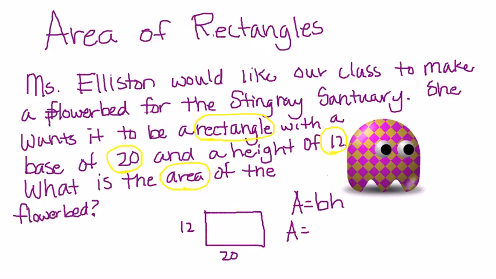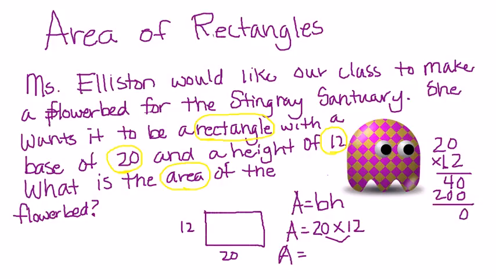Our base is 20. And if you feel more comfortable writing it, here I'll change it because I know you guys are used to this. 20 times our height, which is 12. We're going to do the multiplication of that snow cone. And let me do my math over here because I don't want to mess up. Remember how to do double digit multiplication. We go 2 times 0 is 0. 2 times 2 is 4. We're now starting with a 1, so I need to save the place. 1 times 0 is 0, and 1 times 2 is 2. So now we're going to add. So our area is 240